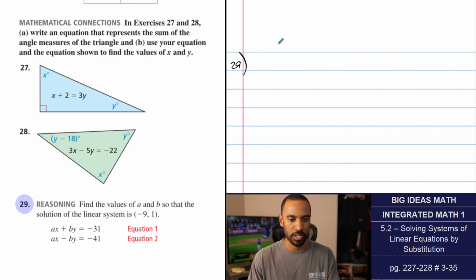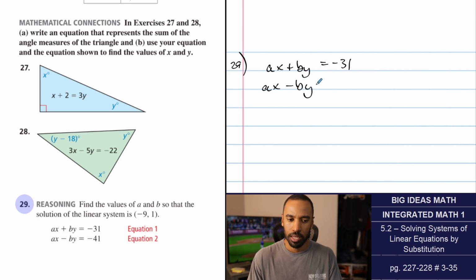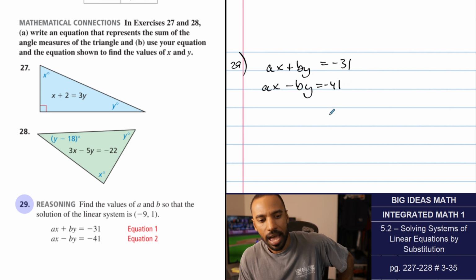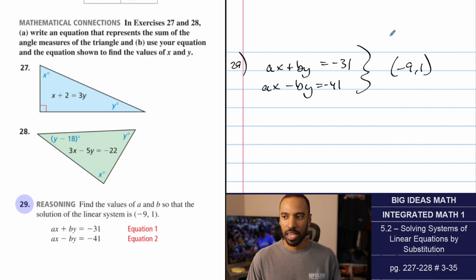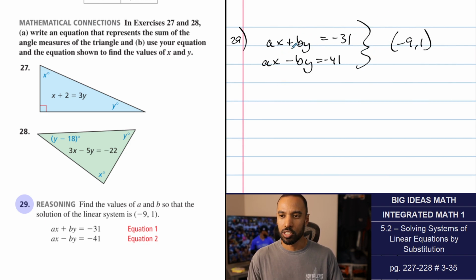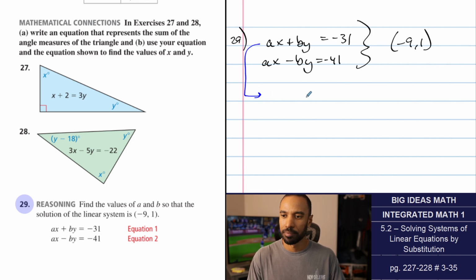All right, number 29, reasoning. Find the values of a and b so that the solution of the linear system is negative 9, 1. Okay, interesting. So here we have ax plus by equals negative 31, and we have ax minus by equals negative 41. So we have the solution as negative 9, 1. What we need to do here is substitute negative 9 for x and 1 for y. So the top equation will now instead say negative 9 times a, negative 9a, and then plus 1 times b, plus b,